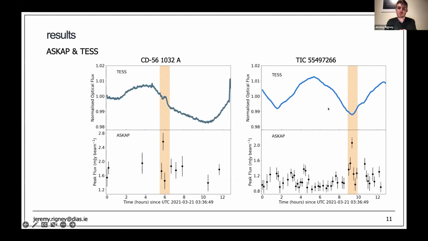So I haven't removed the star spot modulation here because one of the things we looked for was whether there was modulation in the radio emission. So was there this dimming and brightening at radio emission? That doesn't appear to be the case. The radio emission doesn't appear to increase and decrease in brightness with star spots as they rotate on disk. That's one possible reason they seem to be disconnected. But of course, we need a lot more data to figure that out for sure.